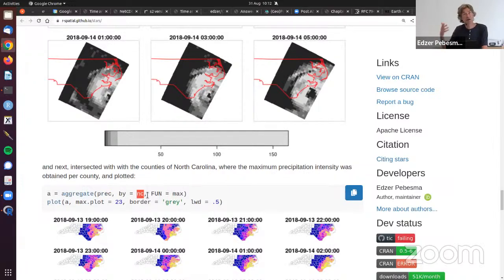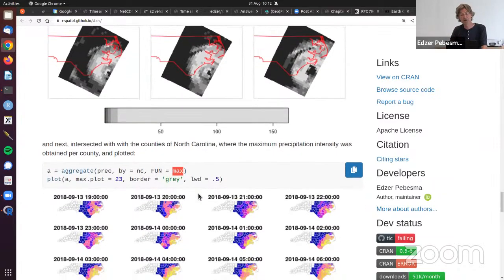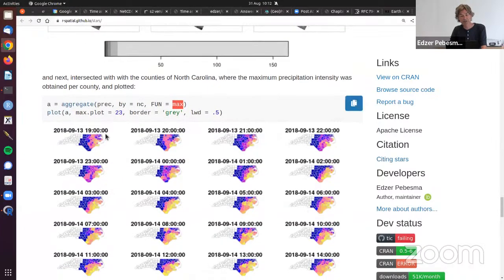with the North Carolina counties, which is just a set of geometries that are shown here that we also saw yesterday. And then, of course, for every county, I have, for every time step, a bunch of cells, and I need to say what I'm going to do with these cells. And I, for instance, could compute the maximum. So this is the function that I'm now running on all of the cells that intersect with a county in this thing. So I get a maximum precipitation for every county for every time step, and that gives